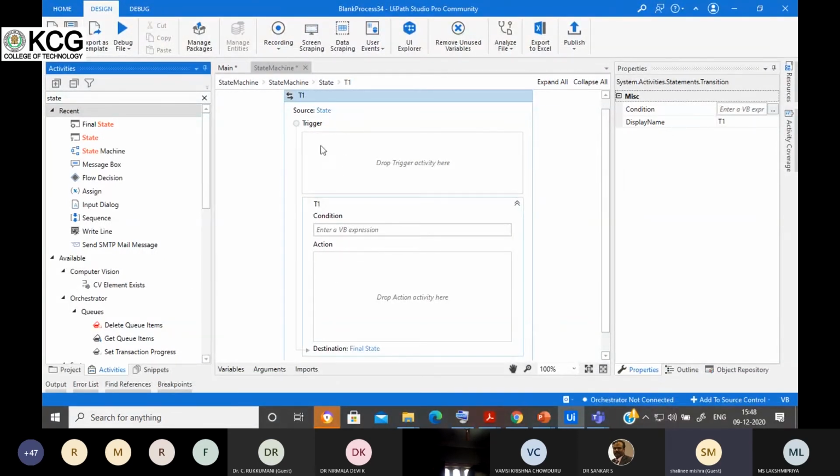The trigger part gets executed if something is there; if not, it will directly jump to the condition part. If you add something in the trigger, and based on this trigger you applied the condition, then till the point your condition is met true, this loop will continue. If your condition gets false, it again goes to the trigger, then again the condition is checked. So till the point the condition is met true, this loop will continue.